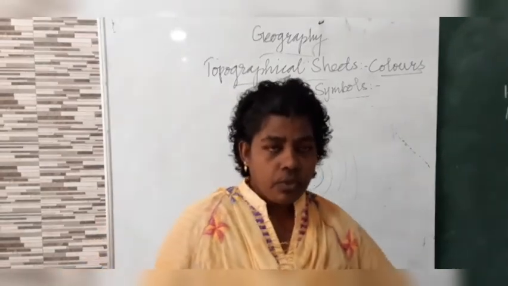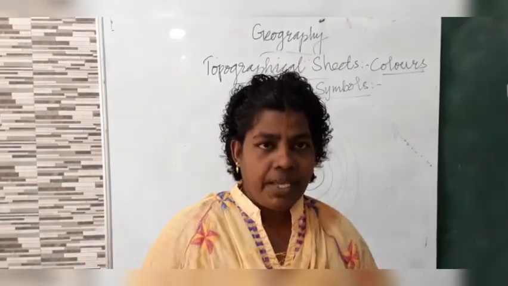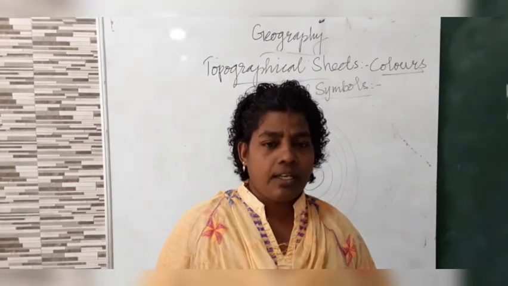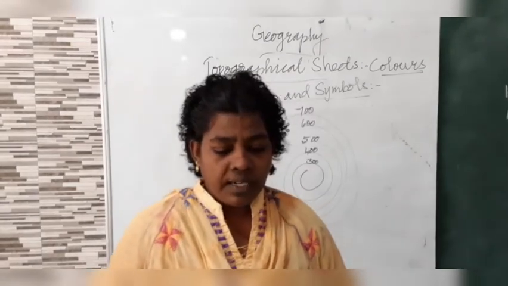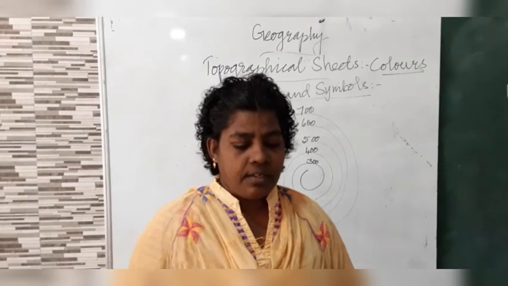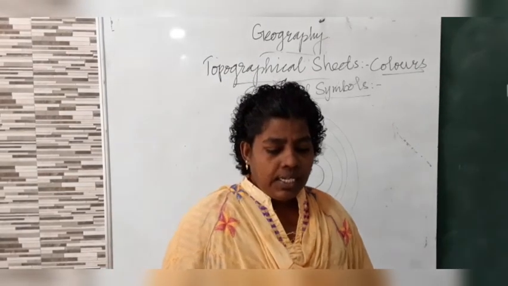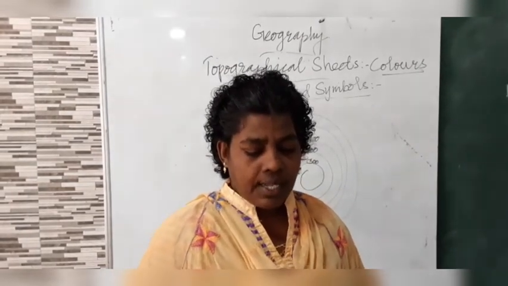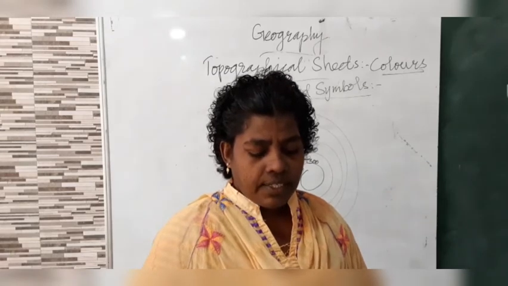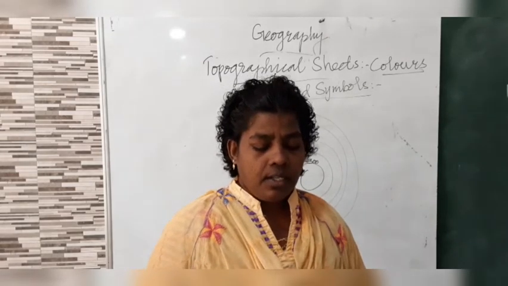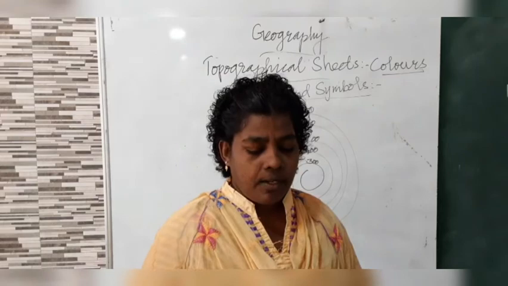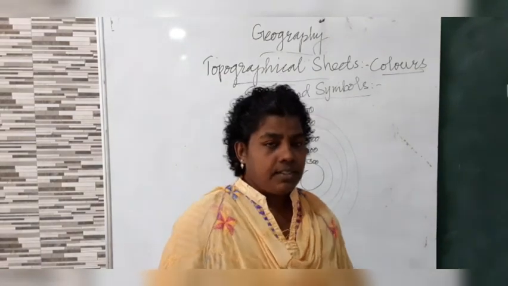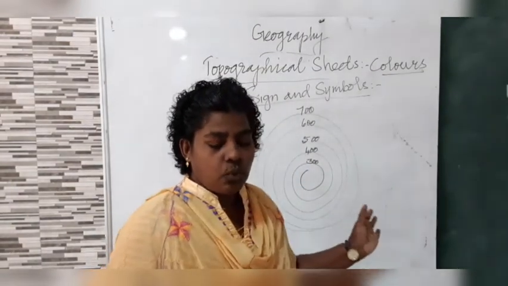Then come to the first paragraph, same page, 9th line, where contour lines is given. That is your D2 question, contour lines. Then till the end of the para, where contour line with the mean sea level is given, this is your D2 question.